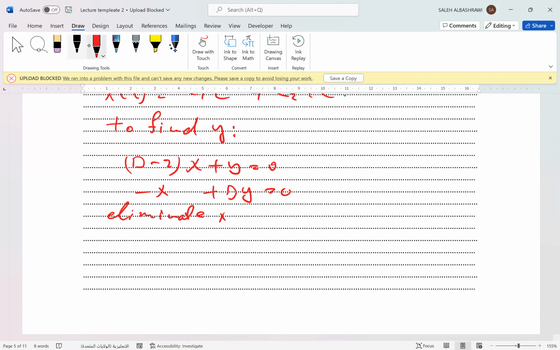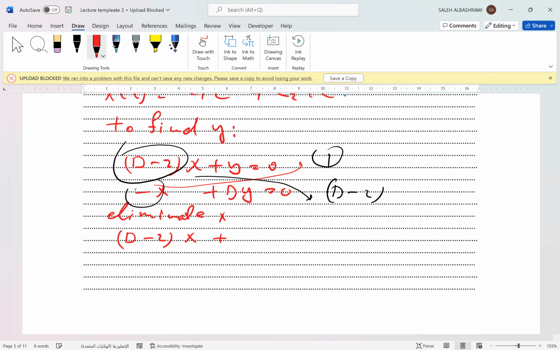To eliminate x, multiply the first equation by 1 and the second equation by D − 2. Just multiply by the coefficient. This is the coefficient of the first equation, and this is −1, but we multiply by just 1 because it is already negative. Now the first equation will be